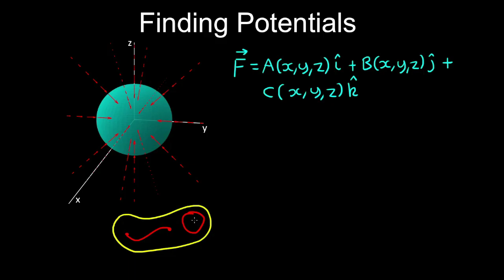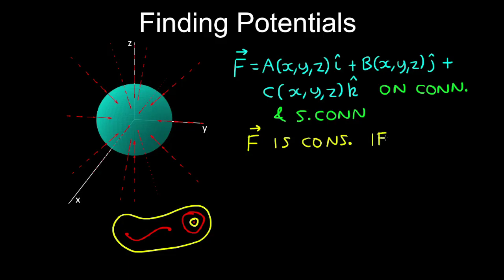So for example, if this region had a hole in it over here, and we contract this loop to a point, then the point lies outside the domain, and this is an example of a domain that's not simply connected. So if this is a vector field on a connected and simply connected domain, where the component functions have continuous first partial derivatives, then F is a conservative field